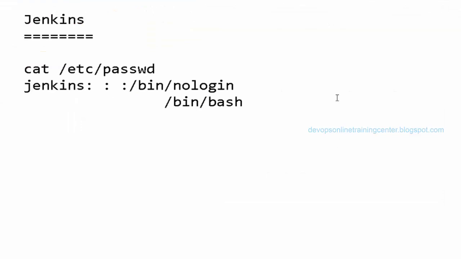If you want to make any changes to any user, just open that passwd file, edit the file, and that's it. Or else we can use the command chsh -s /bin/bash to change the user properties.